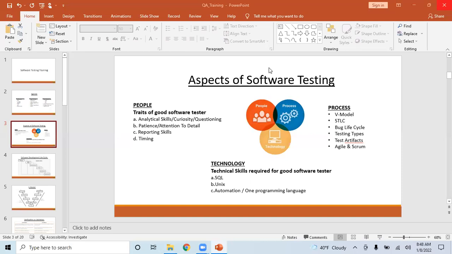When you have a requirement for Unix, normally software in real time, like at Amazon, will be installed on some Unix boxes. Ideally, in 80% of cases, you need not go and test at the Unix level.